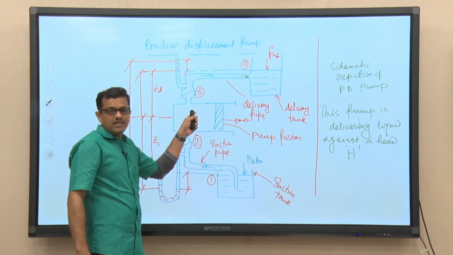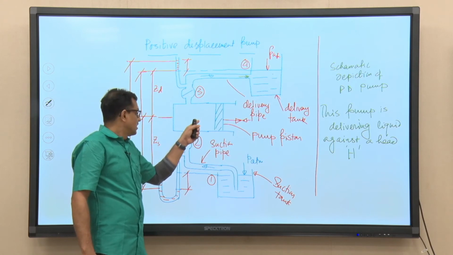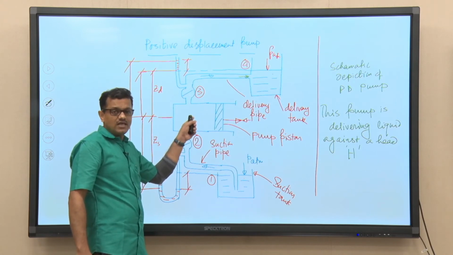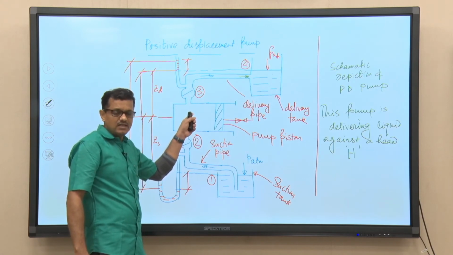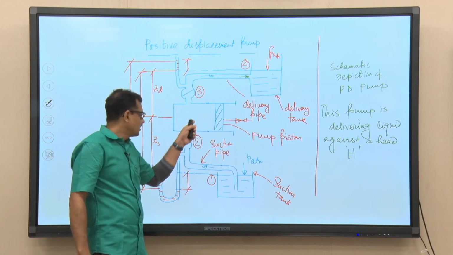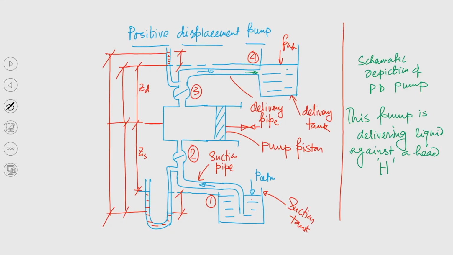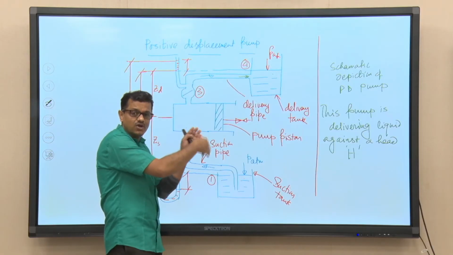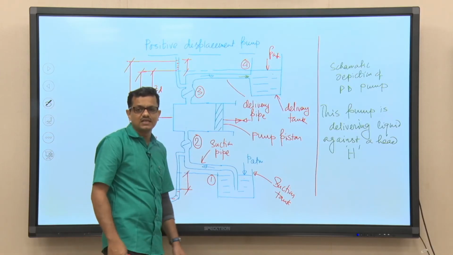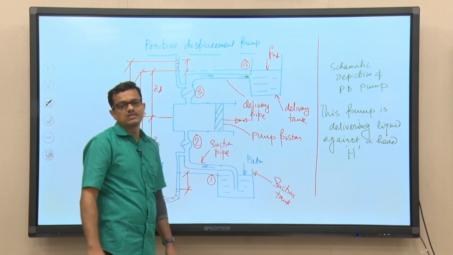Now, what is very important to understand is that when the pressure is reducing in the suction pipe, inside the cylinder, pressure will also fall here, and over here. So, we really do not know the reduction in pressure. If it goes beyond the vapor pressure at the prevailing temperature, then cavitation will start.